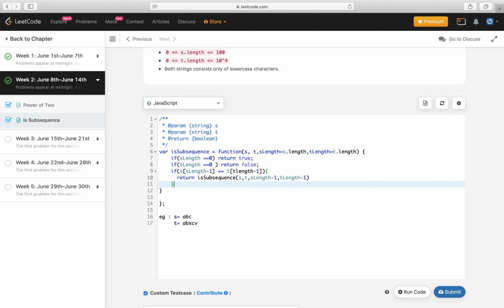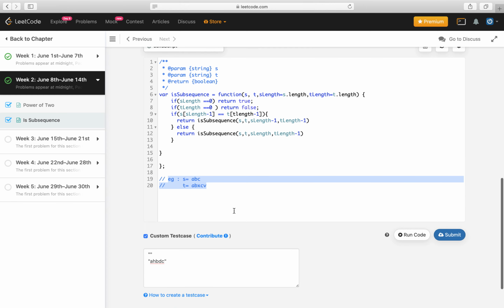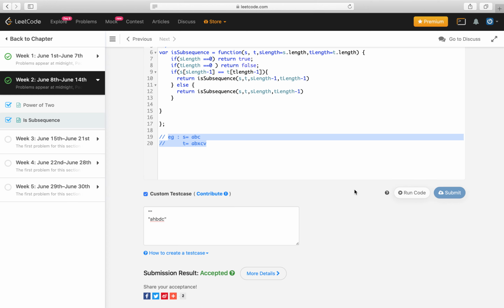If it is not equal, then we return the subsequence check where S length will remain the same, and we just move t length minus 1. Okay, let's try to run this solution first and see how it goes.